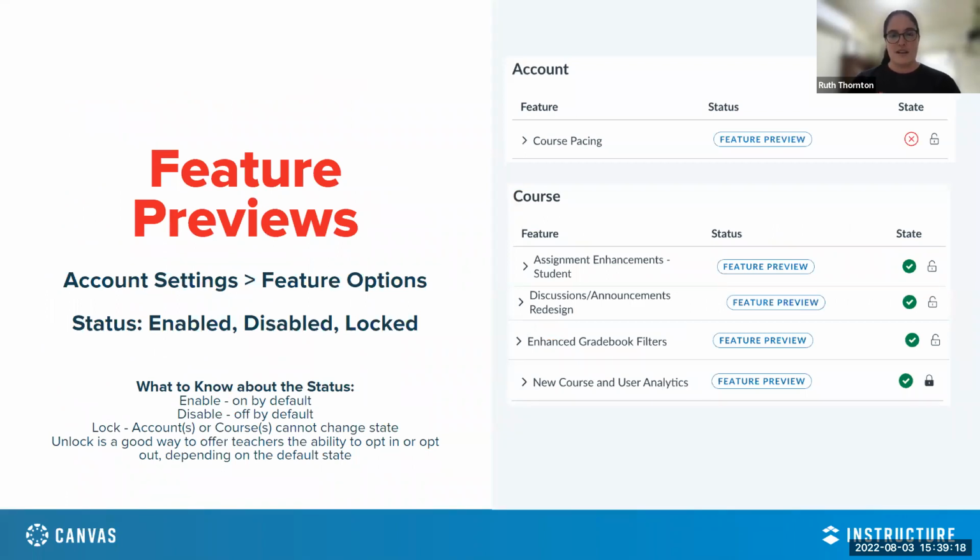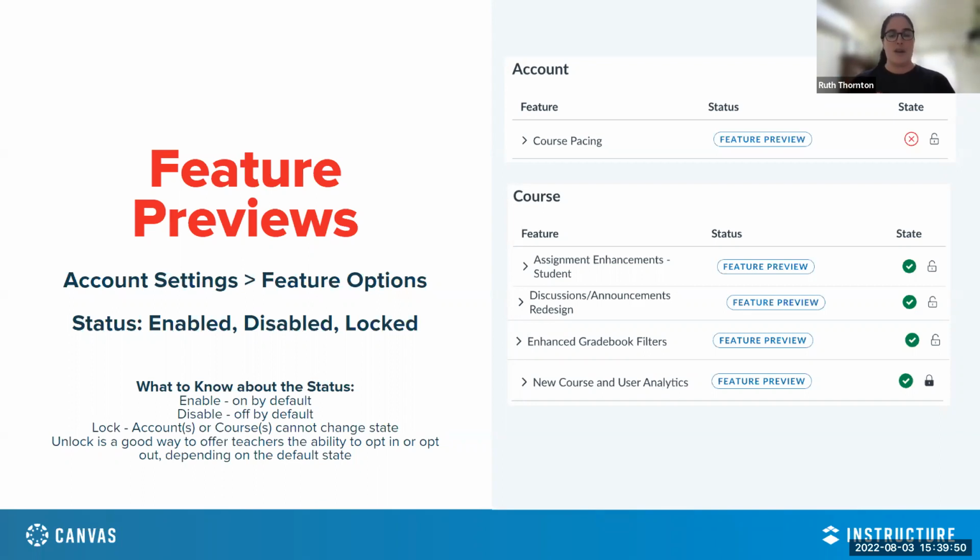In terms of feature previews and how these are managed, there are obviously some indications of this within your instance. So at the root account level, you'll be able to see the status of any given feature that is a feature preview, notified as such with the feature preview label or role pill that you can see there. And you can see also the state that corresponds to that will showcase to you what the default of that feature preview is, but also provide flexibility to go ahead and change that between on being enabled, off being disabled,